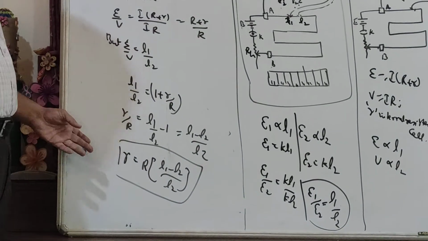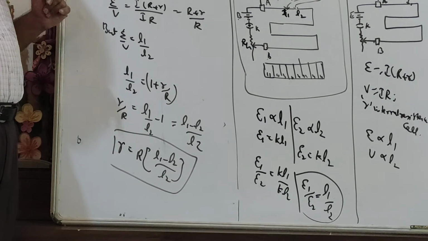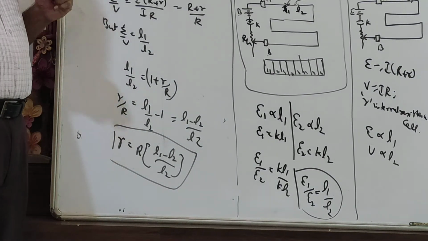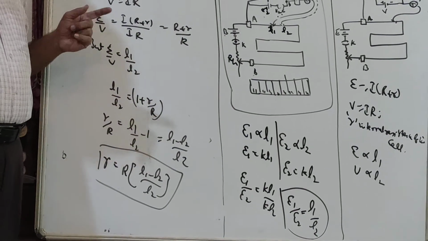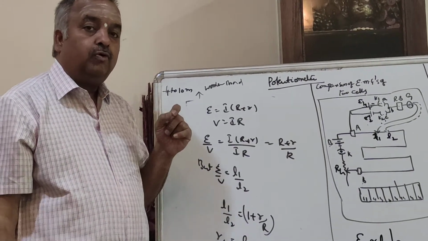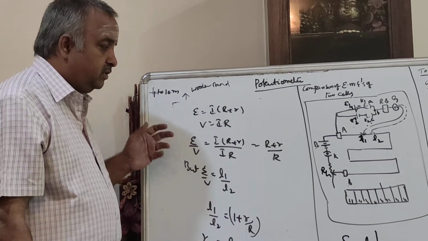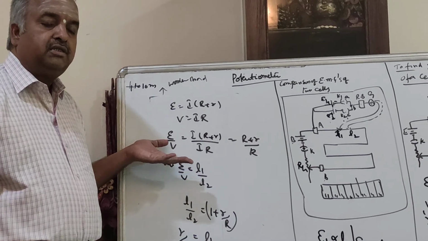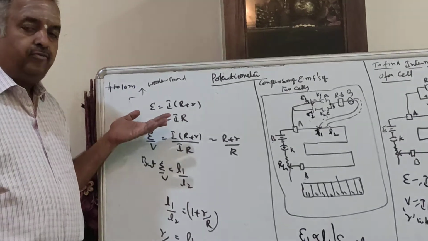This is a very easy derivation to find the internal resistance of the cell using the potentiometer. So what is the use of the potentiometer? We can compare the EMF of two cells, find the internal resistance of a cell, and it is preferable over the voltmeter for finding the potential drop and EMF of the cell. With this topic, we are again supposed to complete the numericals based on the potentiometer along with the meter bridge.